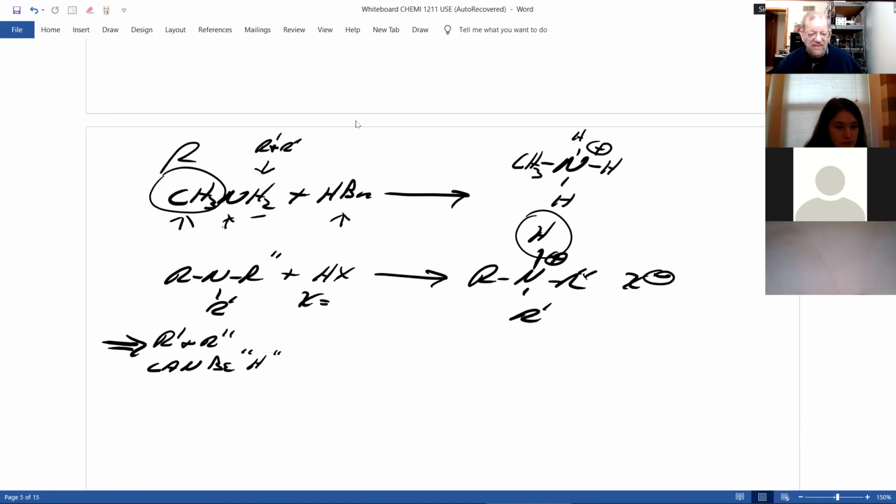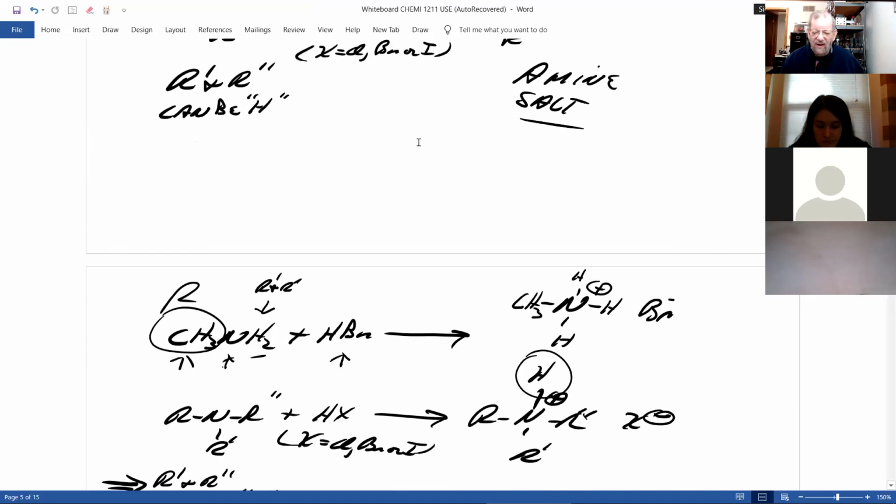Remember, X can be chlorine, bromine, or iodine. You don't have to show charges, I do. Now you could write it this way, or if you notice on this nitrogen, there are 1, 2, 3 hydrogens. You could have also written it